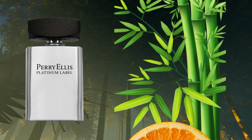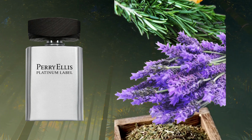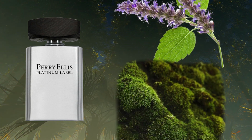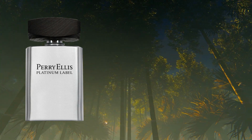I like the kind of spicy. It's got a combination of rosemary and Irish moss in the background as well that gives it more of a masculine and refined bent. Yes, I'm using the word refined with an under 30 bucks Perry Ellis fragrance, but it is. You could actually wear Platinum label with a suit and tie. Nobody'd raise an eyebrow because it has that kind of feel, not necessarily dressed up, but